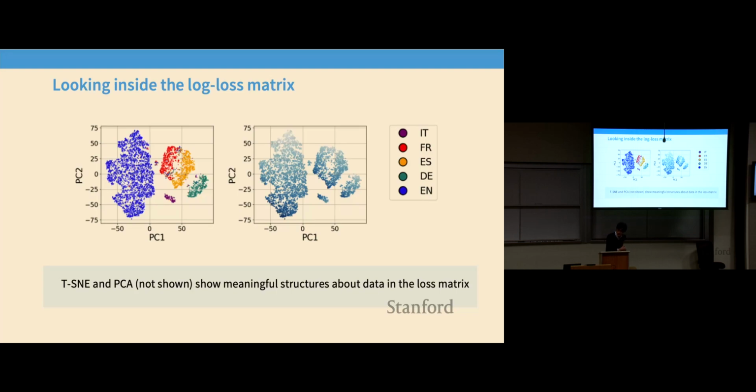The first thing is language effects. Language effects are incredibly clear-cut when you do any pre-training data work, right? English looks totally different from French or Spanish or any other language. And so when you try to visualize any of these log likelihood matrices, you immediately see clear clustering between English and non-English and other languages. We also see really clear differences in the difficulty of the web page, like the entropy of the website. And that's another thing that really clearly shows up in all of these data-centric analyses. So if you're thinking a lot about the ways in which pre-training data is clearly different, language and entropy are two really core ones.